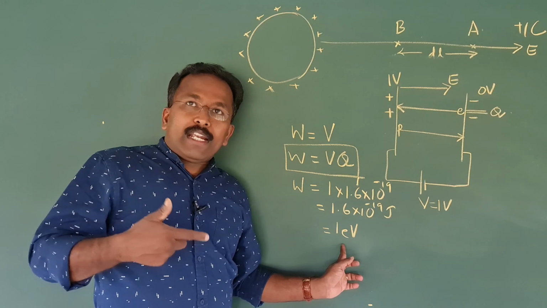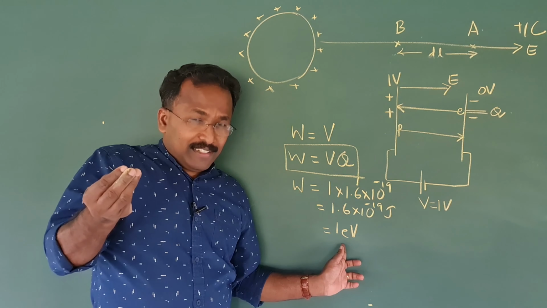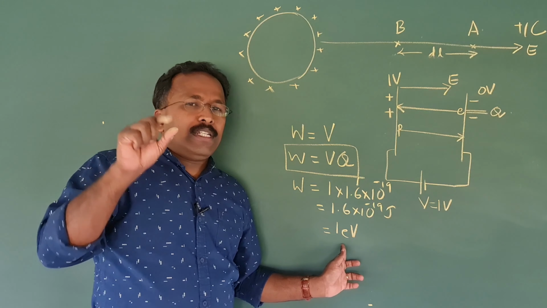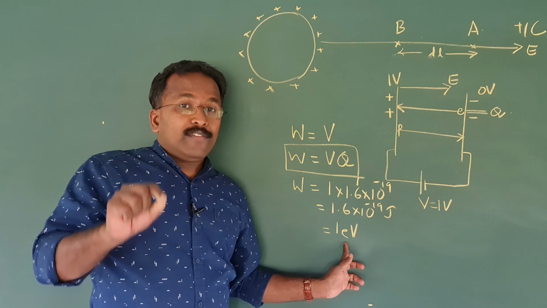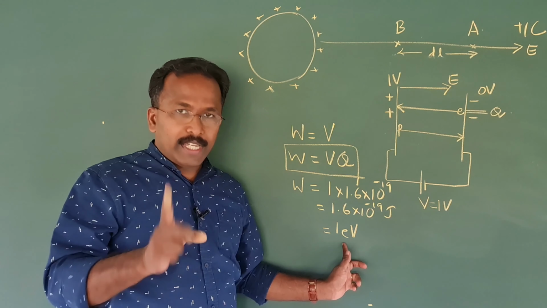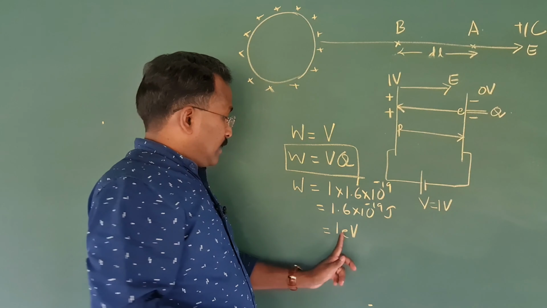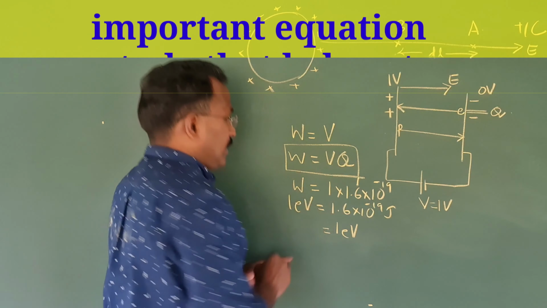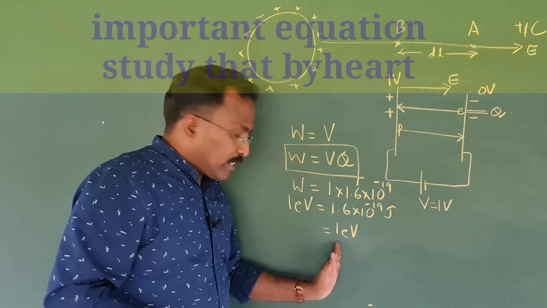You know, I am standing here, light is falling on me. If you calculate the energy of that light, say red light or violet light, blue light, etc., the energy will be very small. It will have few eVs of energy. So in such cases, when energy is very small, this is the unit of energy we use. We will be using this in our future classes. So you should remember this. So 1 eV is 1.6 into 10 raised to minus 19 joules. So this is 1 electron volt.